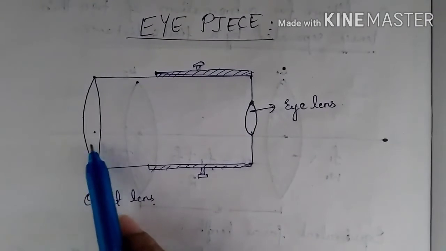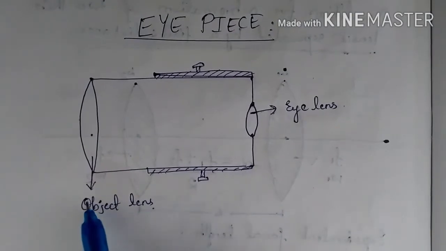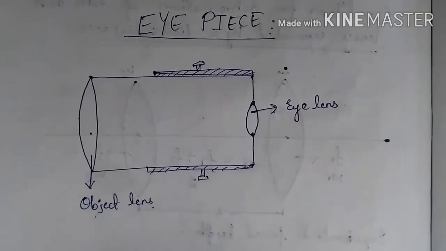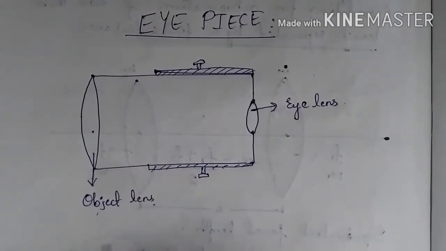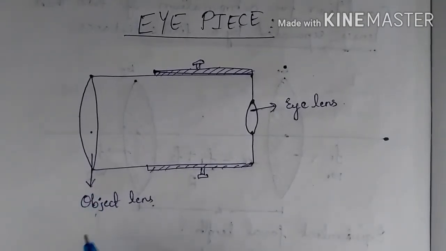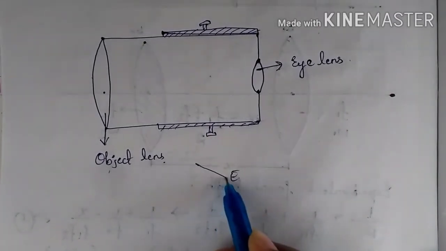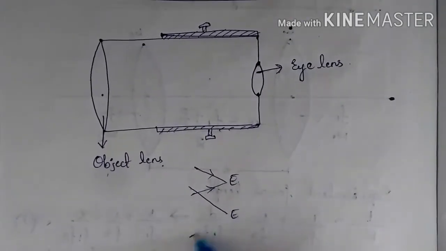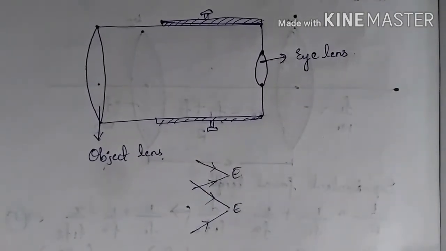So the object lens here is smaller than the eye lens because the object lens will send as many rays as possible to the eye lens, and the image which will be formed after the refraction through this object lens and the eye lens will eliminate this spherical aberration. Now here you will have the field of view. So if you have the eye lens here, the field of view is like this, and for this it is like this. So for the second case, the field of view is larger.